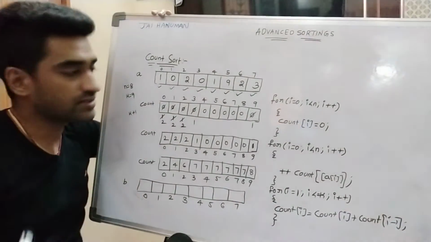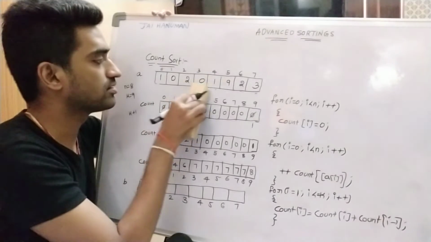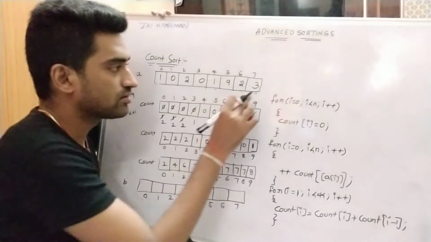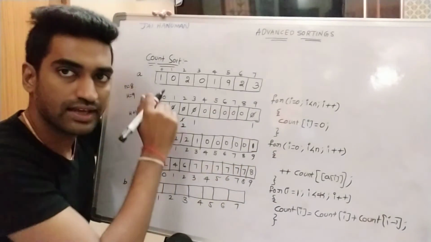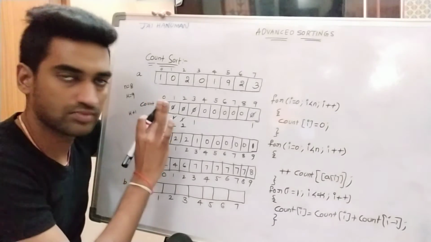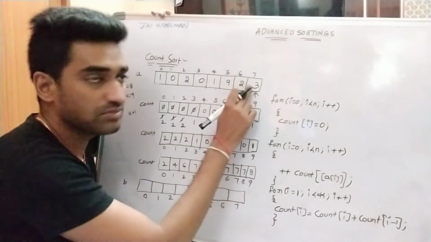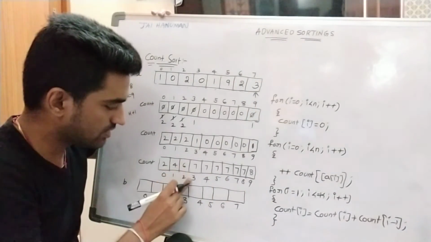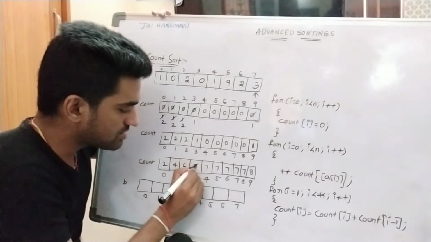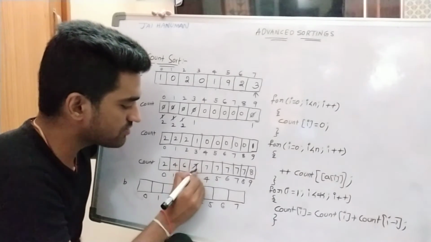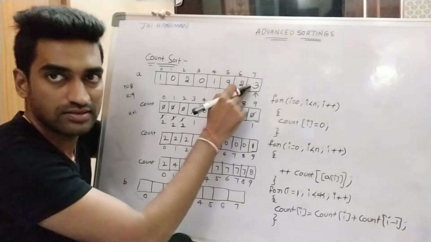Right? So first of all, what is the procedure? Sorting starts from right to left. So here I am taking i from n minus 1 down to i greater than or equal to 0. So what is the 7th position element? 3. So go to the third index. This is decremented by 1. Now what is the value? 6. So at the 6th position we are storing 3.